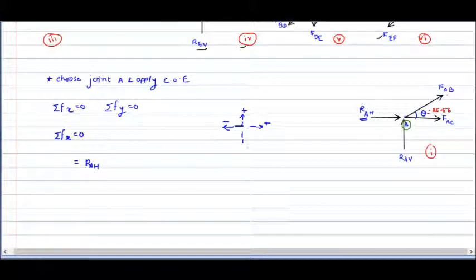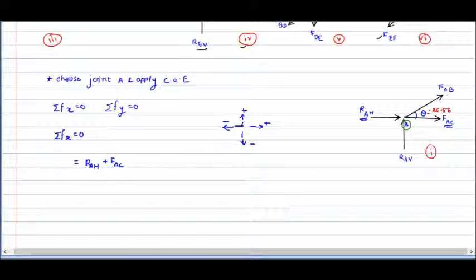Forces acting along the negative axis should be minus. So accordingly RAH will be plus, then the force in member AC,